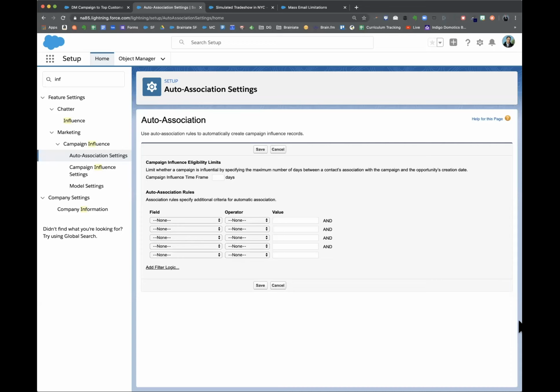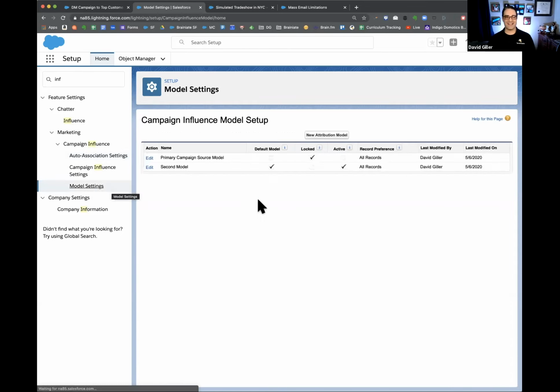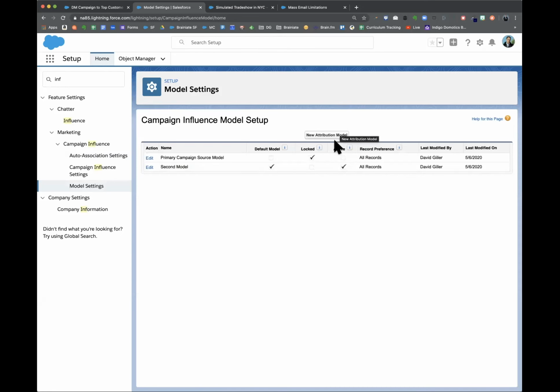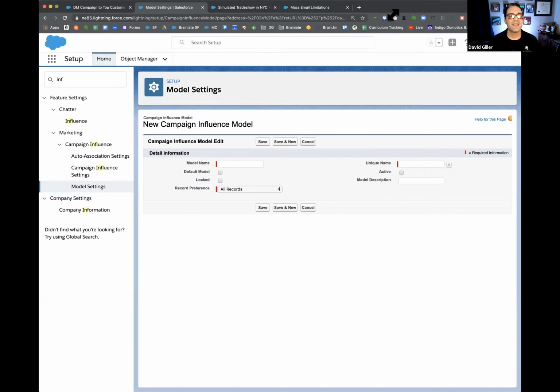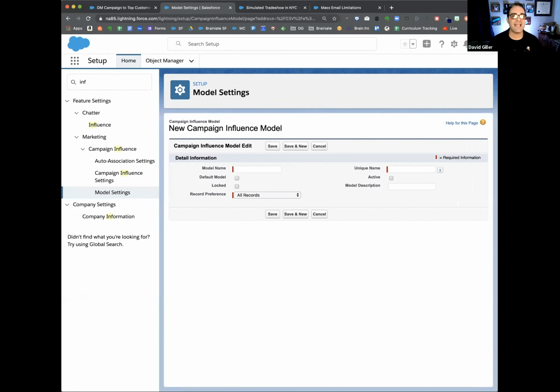If you're up to it, can you go to the model settings? Oh, I'm sorry. I did not mean to avoid them. Yeah, so let's go to the model settings and let's go over here. I completely forgot. Sorry. So let's go here, new attribution, so you can see it all clean. I will be the first to say that this is a little confusing. So basically,